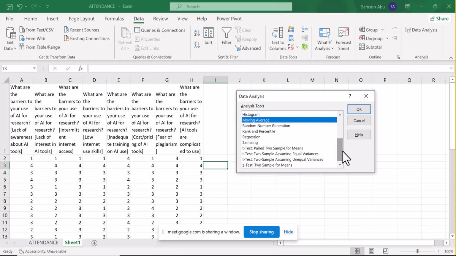We have t-test: paired two-sample for means, two-sample assuming equal variances, and two-sample assuming unequal variances. And then we have